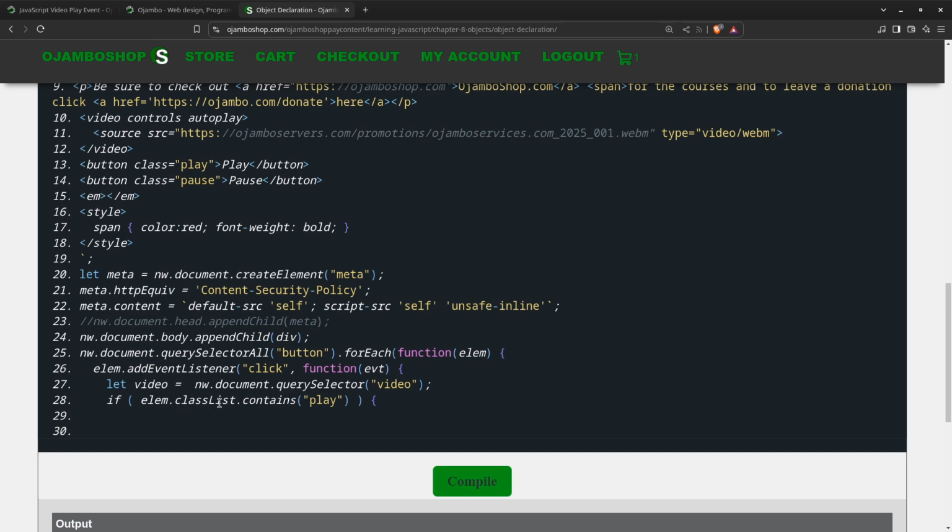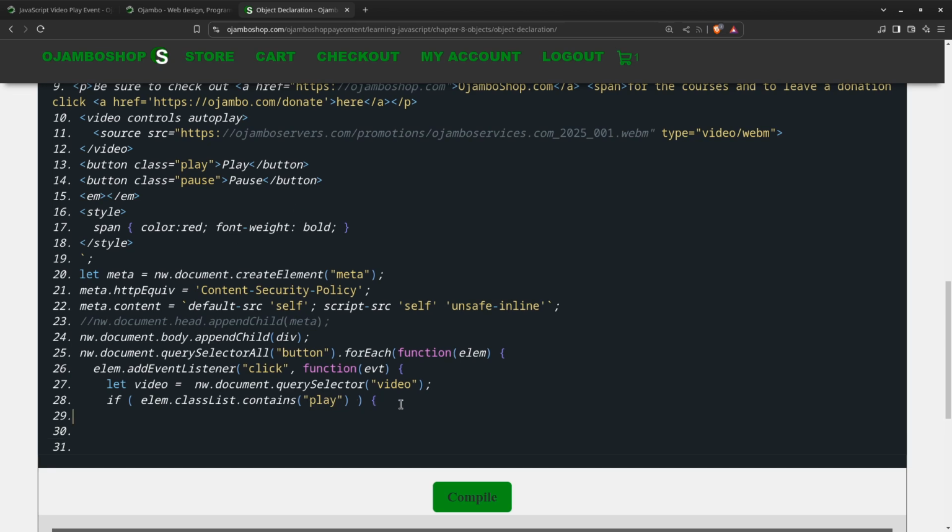This is one way to check the class list. For example, if this had multiple classes, for example, maybe it said play 1, play 2, etc., then the class list will get all the classes for that particular item, and then JavaScript has a built-in method or function, if you will, called contains. So in this case, does it contain play? For example, the first one does contain play, the second one does not contain play. So then if it does contain play, meaning if this is true, then what will happen is